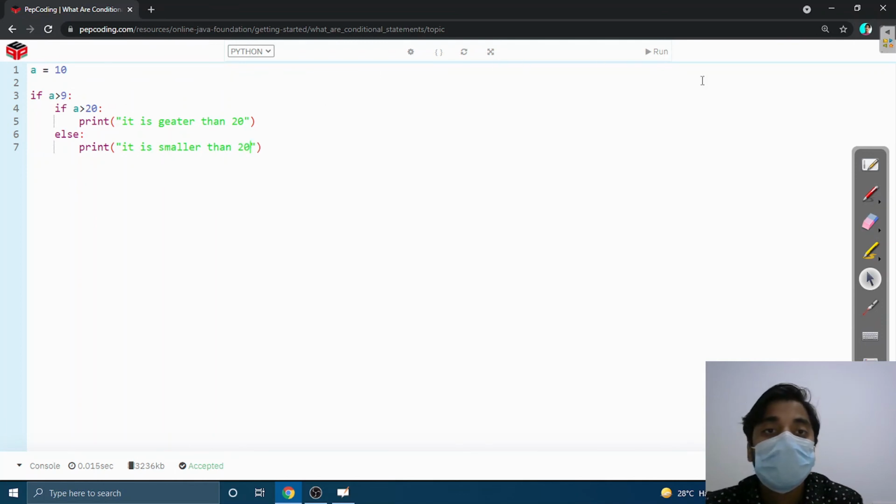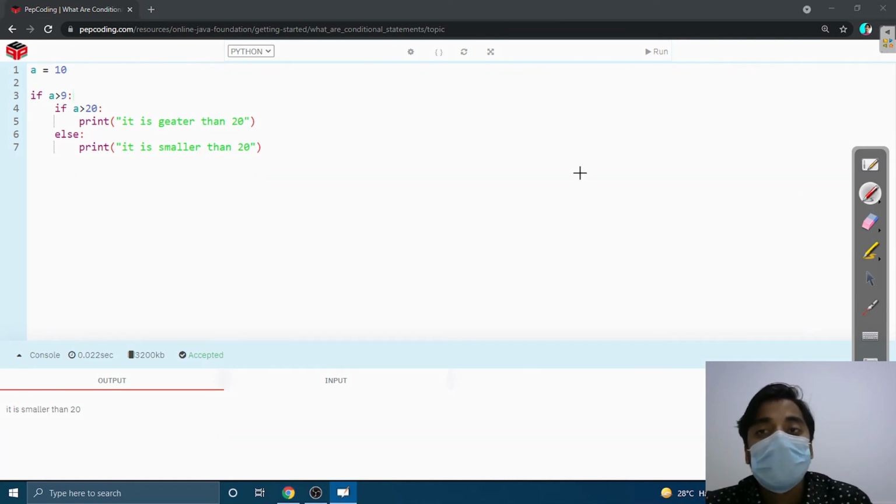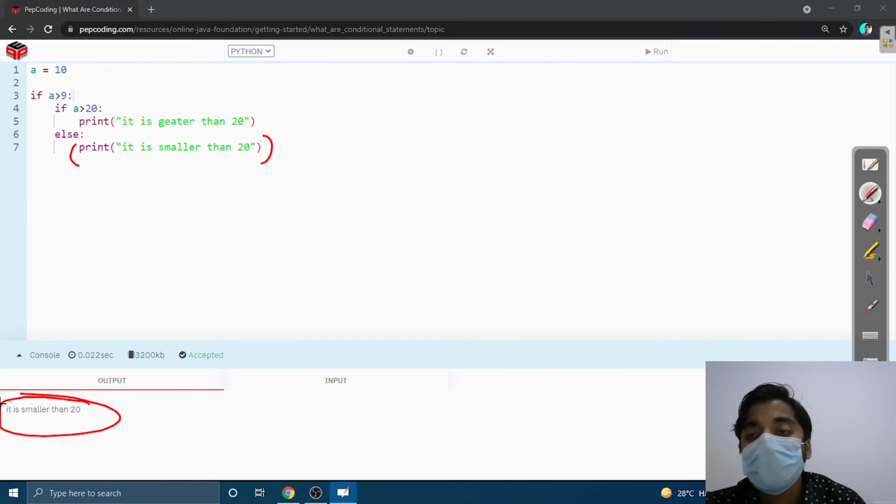Let's run this. Here a is 10 and the condition a is greater than 9 is true, so it is running this if condition. Now it is going to the next if condition inside the outer if condition. Here we are saying if a is greater than 20, a is 10, so this condition is false, so it will go to the else part, and it is printing "it is smaller than 20".